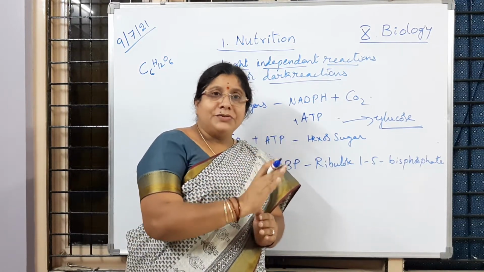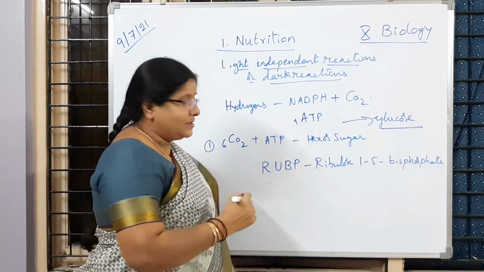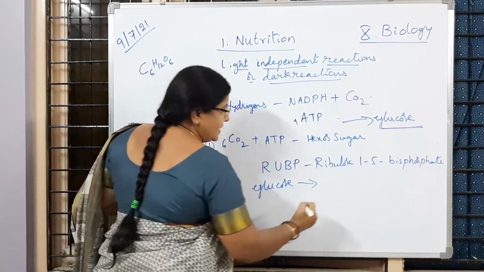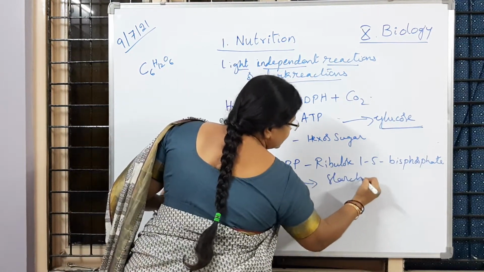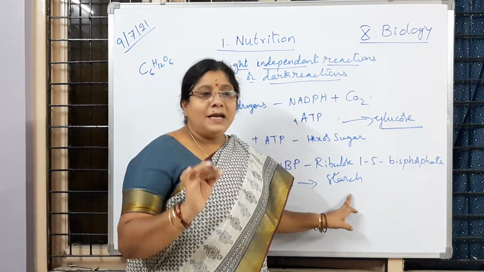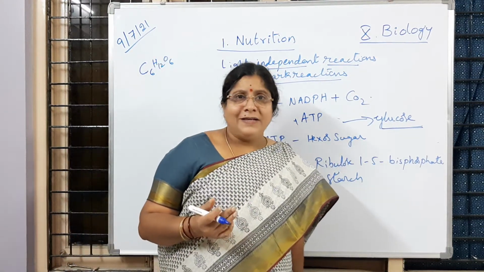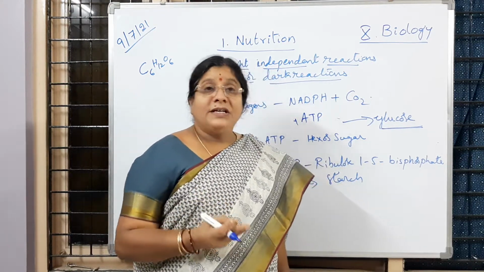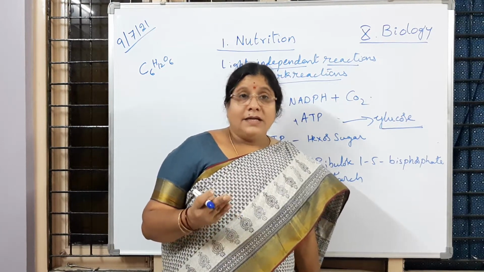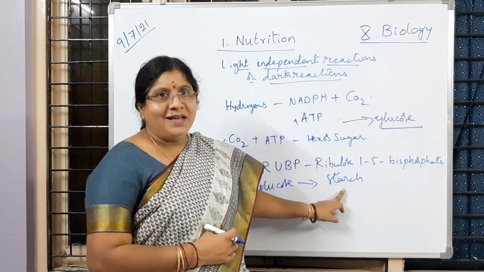So the plants are going to convert the glucose which is formed into insoluble starch. Is it clear to children? So glucose is finally converted to starch. Is it clear to children? This starch is highly insoluble in water, and this starch is stored in different parts of the plant. You can take food grains, cereals, whatever eatables like rice, wheat, jowar, bajra, barley, all these contain starch only. Okay, is it clear to you?